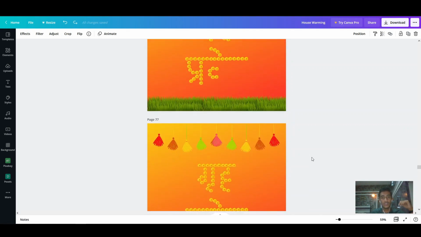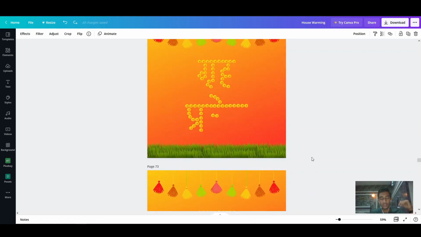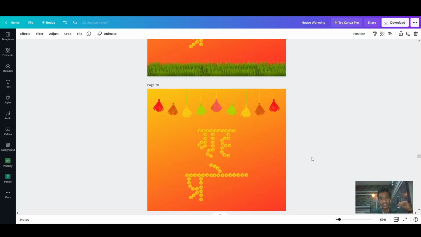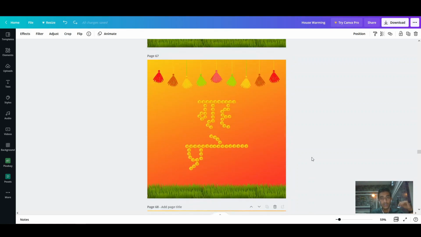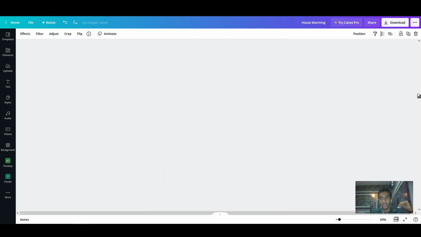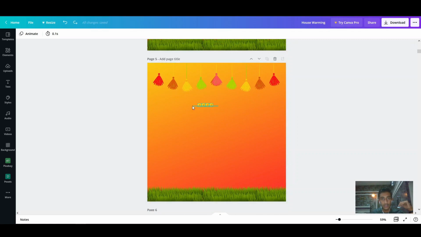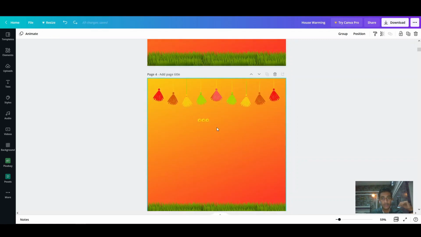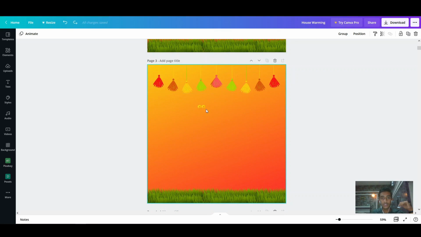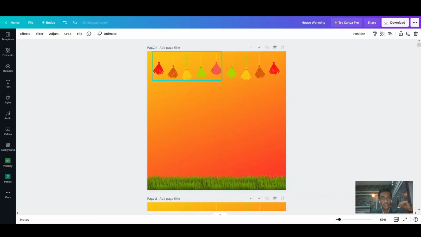Make sure to delete just 1 flower per page, because that will help your animation to look more consistent, and it will look much better in this way. So if I scroll all the way up, as you can see, if I reach page number 5, I'll be left with 4 flowers. I reach page number 4, I'll be left with 3 flowers. Page number 3, so 2 flowers. Page number 2, so 1 flower, and then page number 1, so I'm left with 0 flowers.